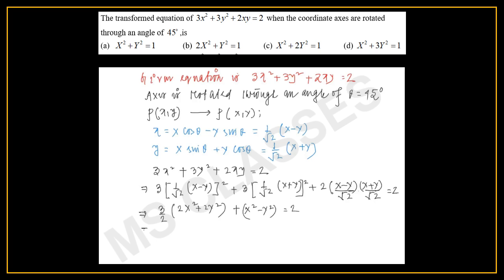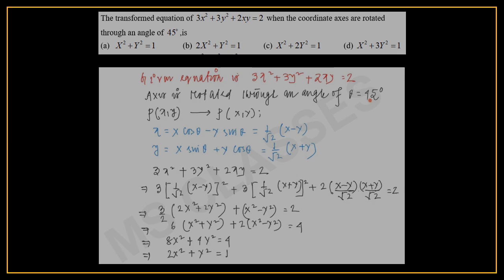Now we can multiply throughout by 2 and write 6 into capital X square plus capital Y square plus 2 into capital X square minus capital Y square equal to 4. From this we can say that this will be 8 capital X square plus 4 capital Y square equal to 4, which will be further simplified as twice capital X square plus capital Y square equal to 1. Now this is the equation which we get after the axis has been rotated by an angle of